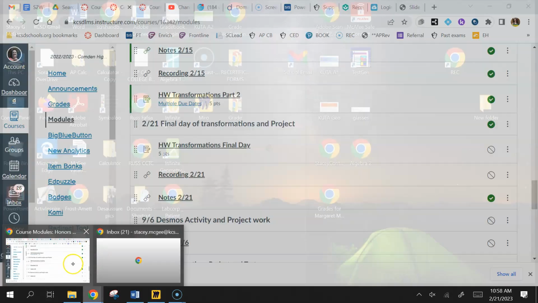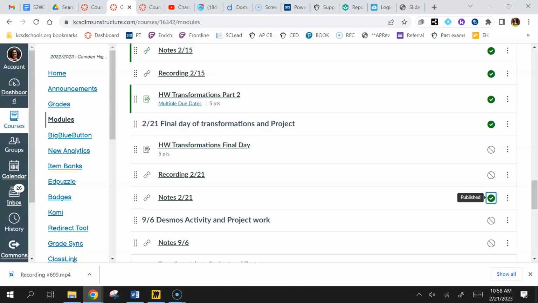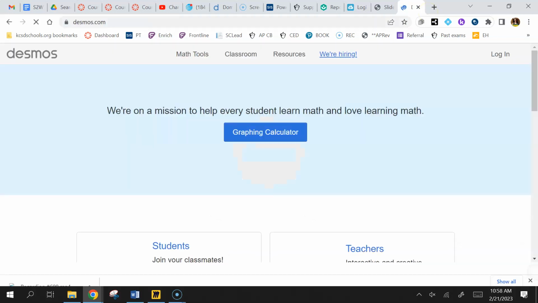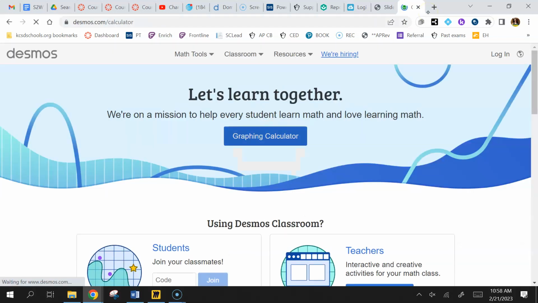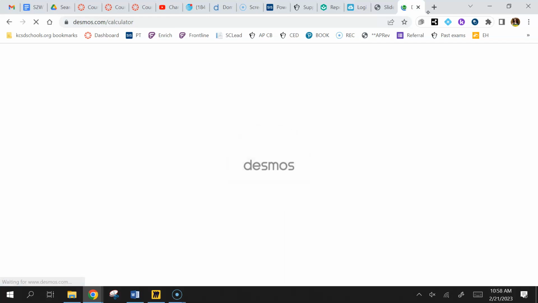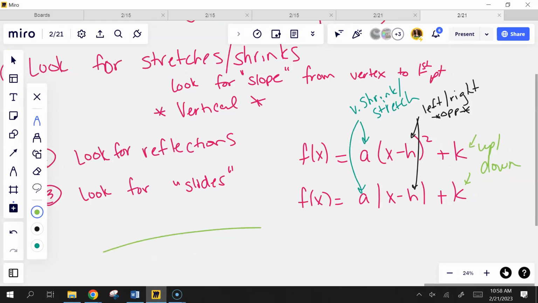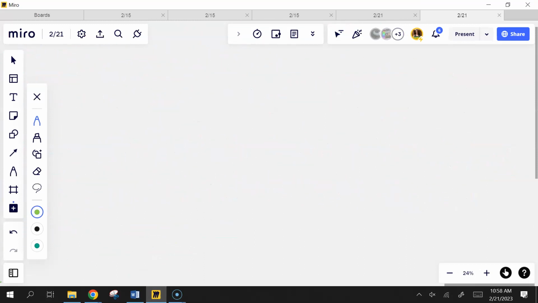You will open up your computer and go to Desmos. And we're just going to do the graphing calculator on Desmos. So just click graphing calculator. And I'm going to show you how we're going to go through some of these. So what we're going to do, the basis of this, is thinking about transforming some of the graphs that we've been doing. For instance, let's say I have,